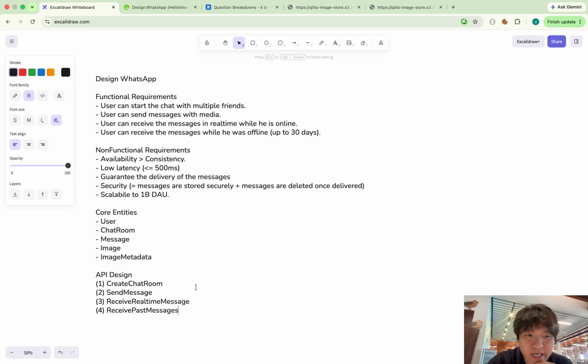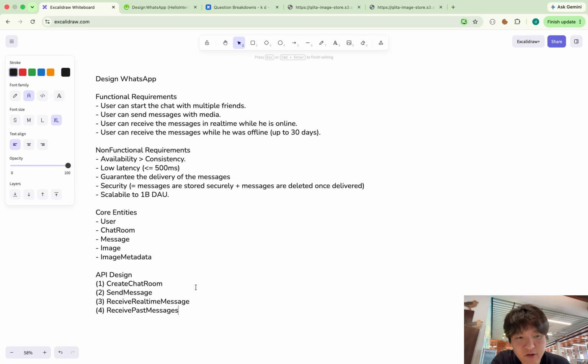And when I think of that, I have two options. Number one, when user sends a message, client sends a message to our backend server, and our backend server stores the image in S3. So there are two hops here: user to our server, and then our server to S3.